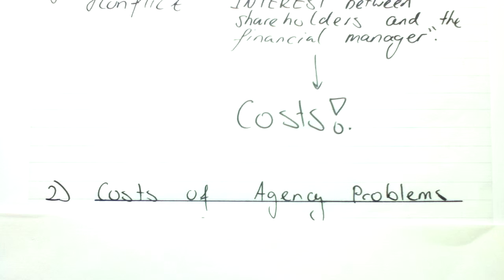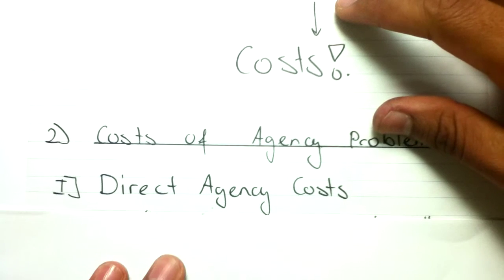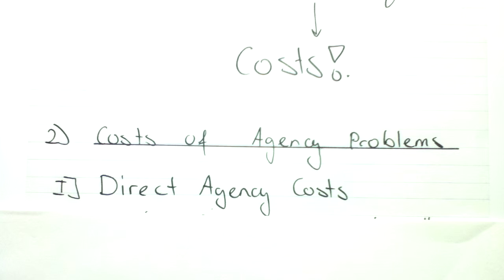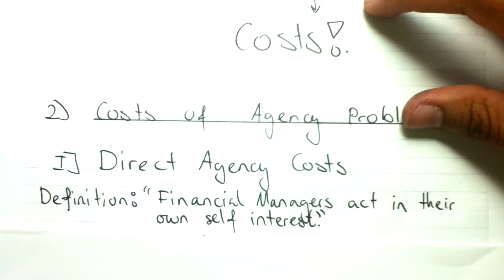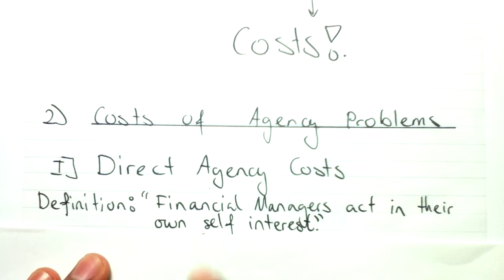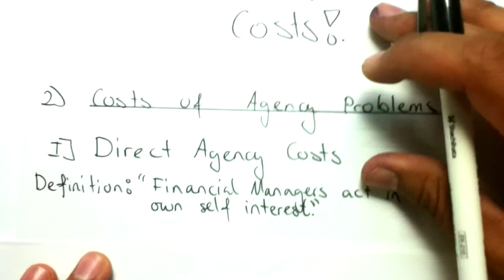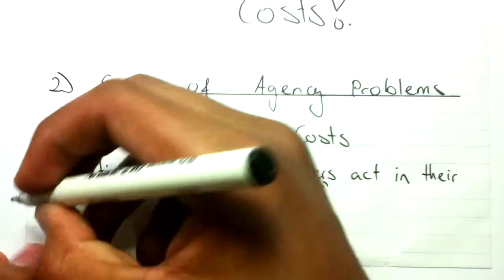Okay, the costs of agency problems. So we first have direct agency costs. But let's first look at what a direct agency problem is. The definition of a direct agency problem is when financial managers act in their own self-interest. And when managers do this, that's going to generate a cost for the organization, for the company. And an example of such a cost